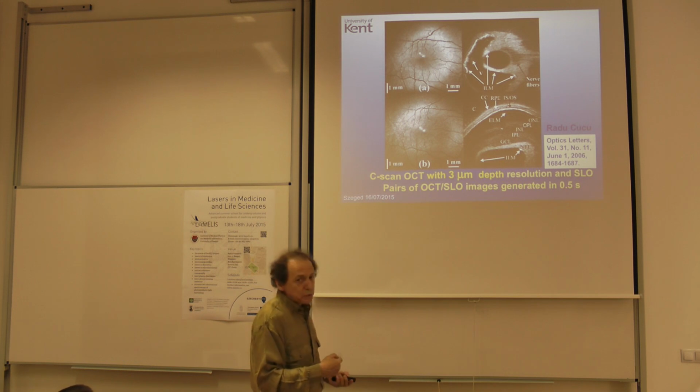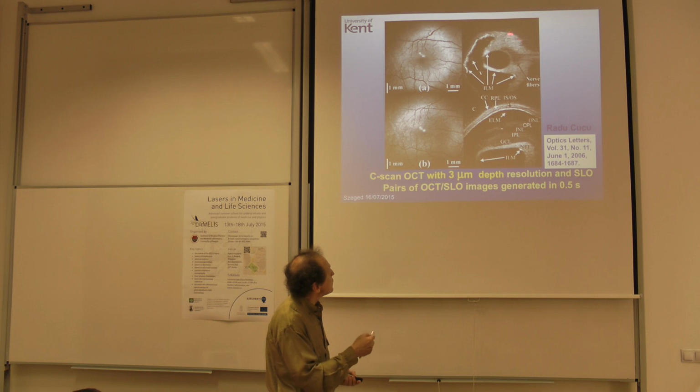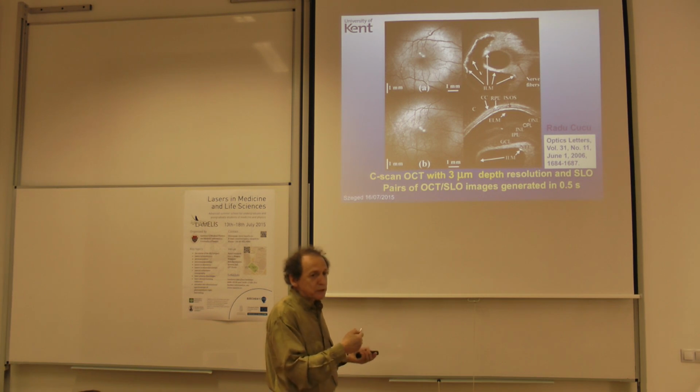And you can also do en-face images or C-scan images with the same technology. So what you see here is an instrument which we produce, which delivers 2 images at the same time. It's the old technology here, the scanning laser ophthalmoscope. You see the fundus, and at the same time you see the same image, but this image is about in thickness, the resolution of the confocal microscope applied to the eye, while this one is producing an image with the